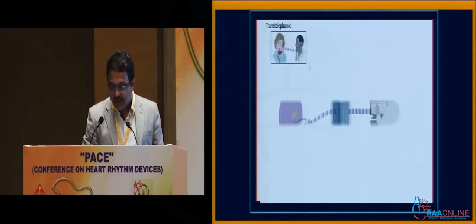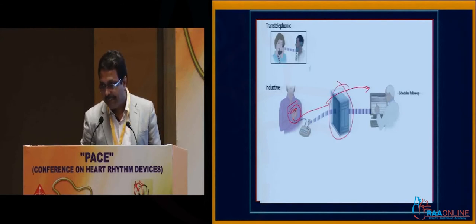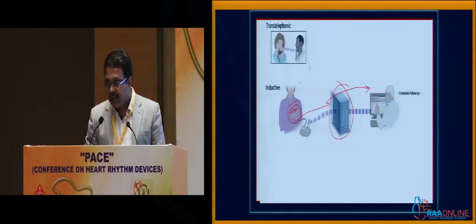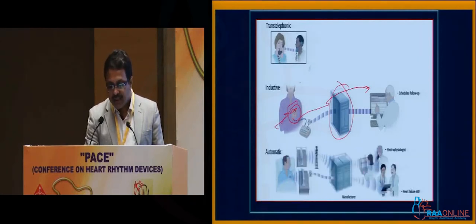Now, going a step forward, if you have a patient who has a device inside, and if the patient is trained to put a wand onto the device which can communicate to the physician across a central web station, this is probably going to be much better than the so-called trans-telephonic consultation. In the last few years, this kind of participation by the patient is also being avoided. The patient just goes to bed